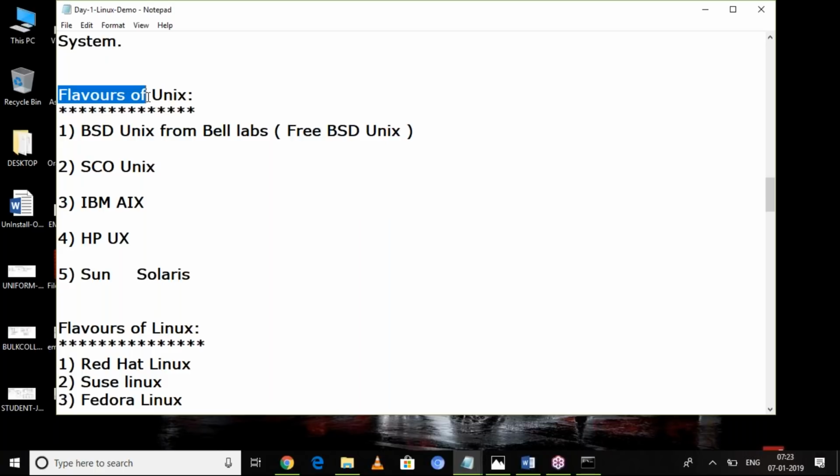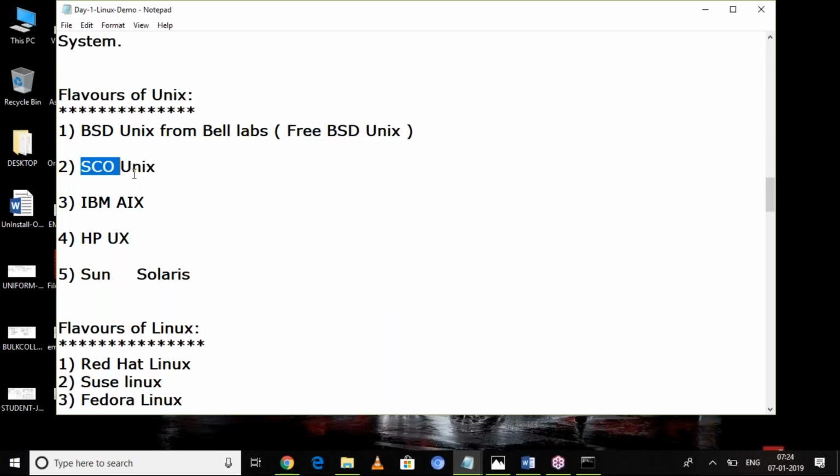It was developed by multiple companies, and every company released it as their own product. Unix was first developed by Bell Labs, Dennis Ritchie. Later, different companies purchased that core version, made some changes to their operating system, and released it as their own product. That is called flavors. It is Berkeley Labs Unix or Bell Labs.